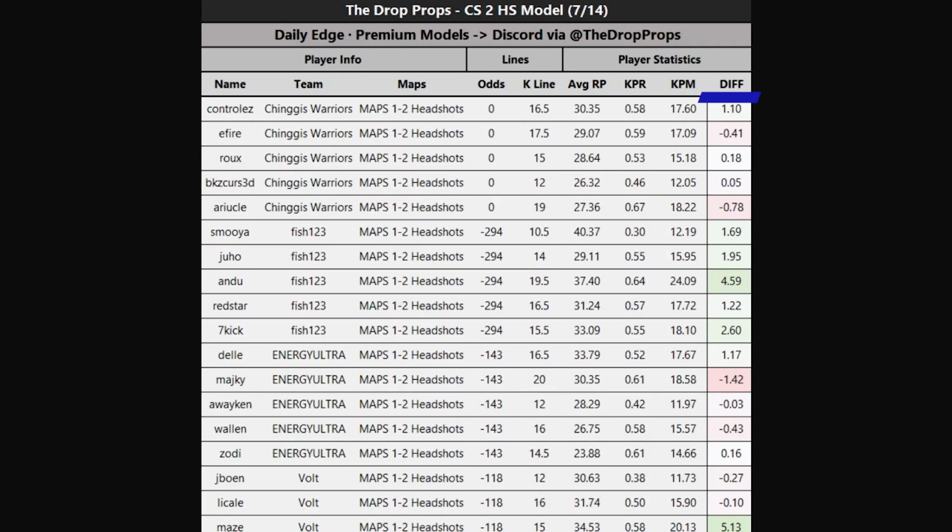It's important to keep in mind that this is just their average performance. This does not take in matchups or any sort of previous recent performances as well. It's just their average over a month span subtracted from the line. So there are different matchup factors that you have to account for. It's just to point out some key differences for you to take a deeper look at players that could be performing way above or performing way below their average and what the line that PrizePicks or Underdog is offering for